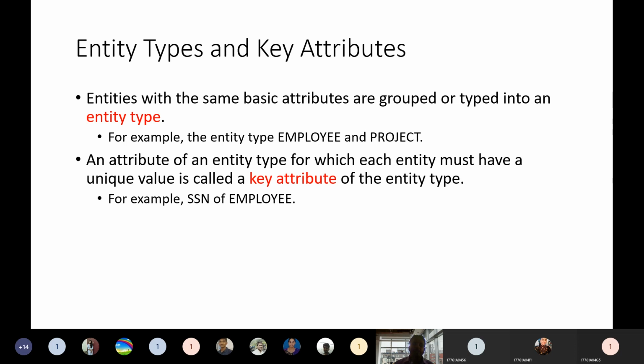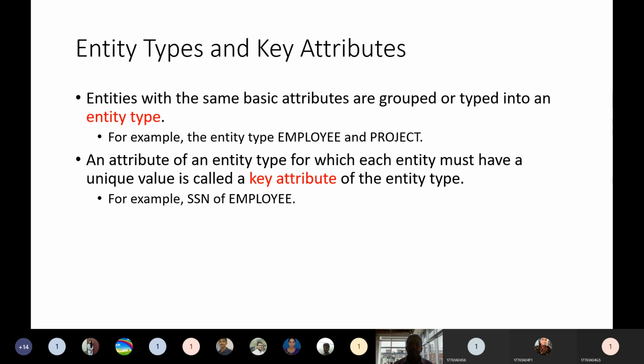And then entity types and key attributes. We just went through entity, and this is entity type. You should get the difference between entity and entity type. So what is this entity type?